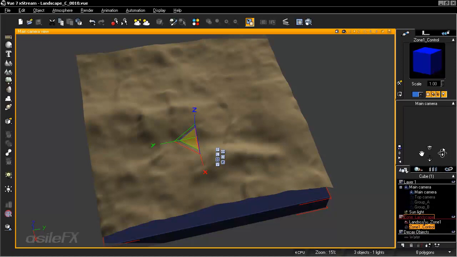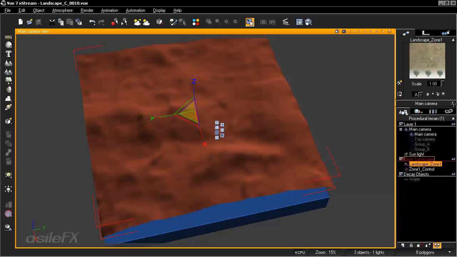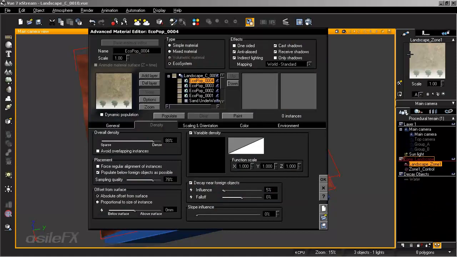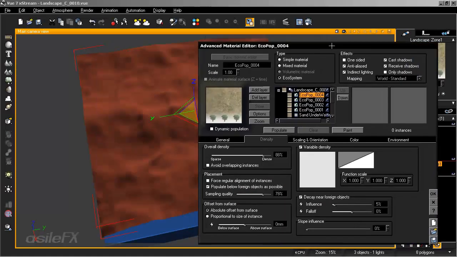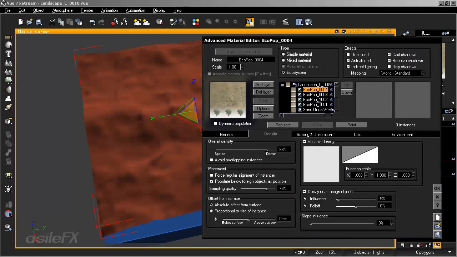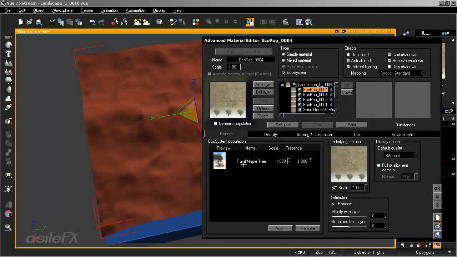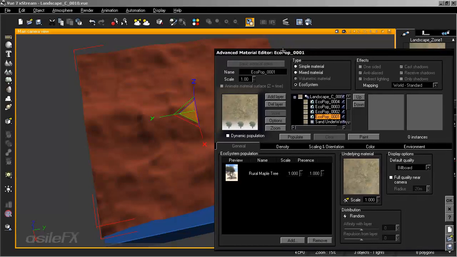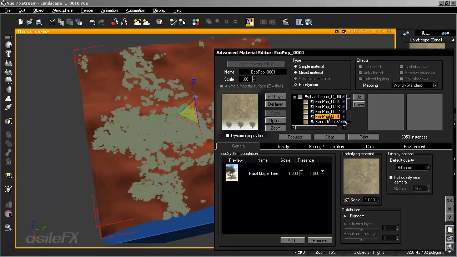So we can select our landscape, edit the material, and we have those four population layers. Right now we just have the maple tree assigned to all of them. So if you want a really quick preview of what this zone looks like, you can repopulate all of these different layers, and you could also use that to adjust the distribution settings for